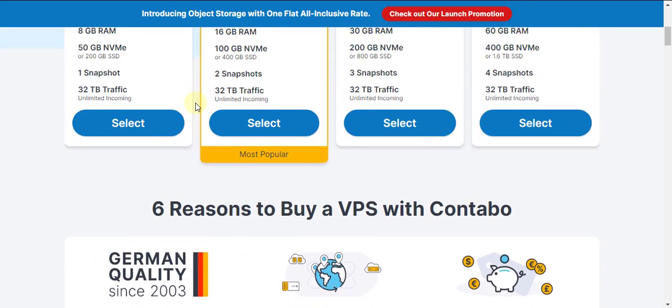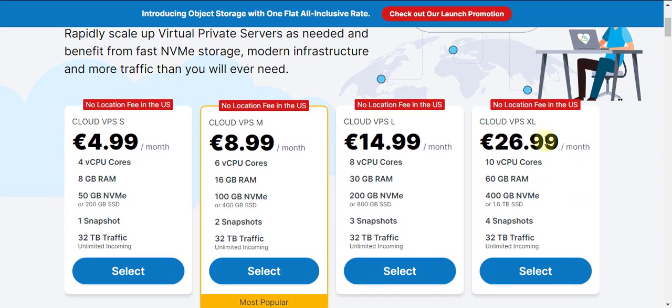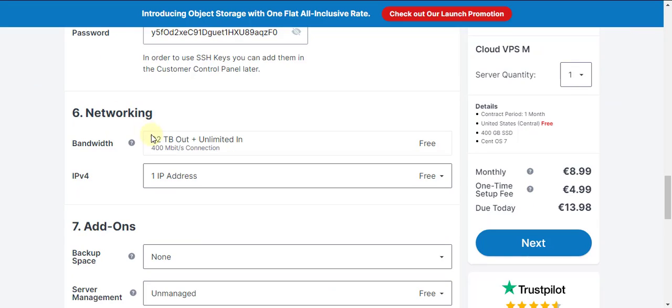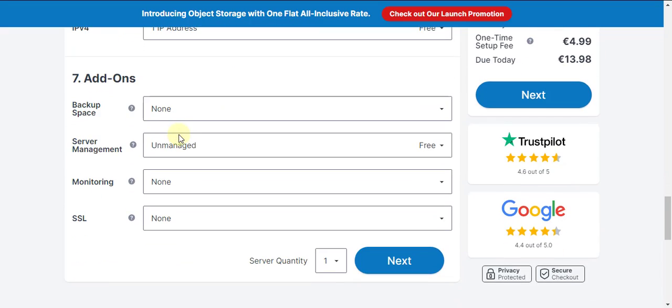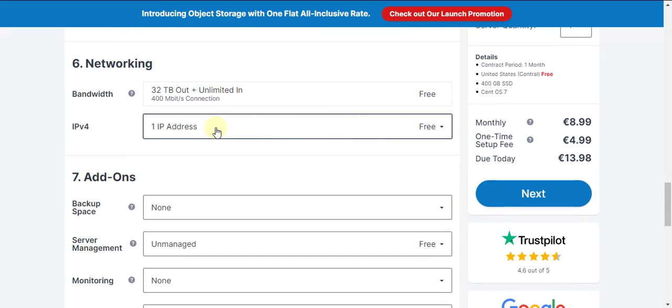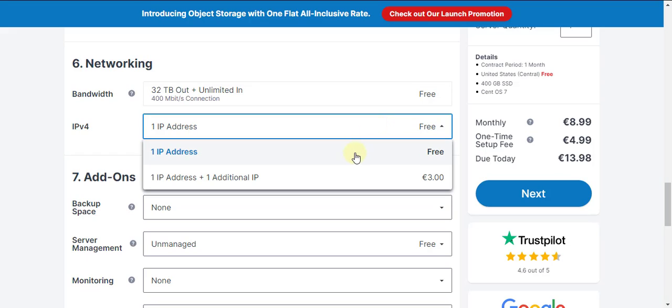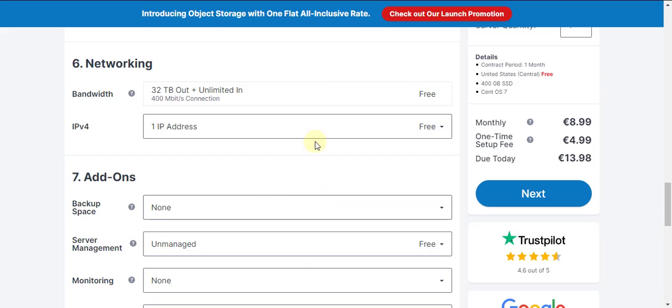But I believe if you select the higher tier, this is 1 gig traffic. Okay, so let's move forward. We have a free one IP address, and if you want another one, you can select, but one IP is enough